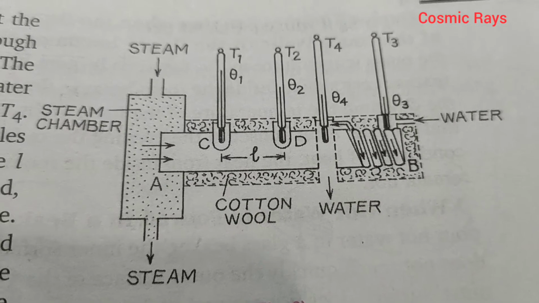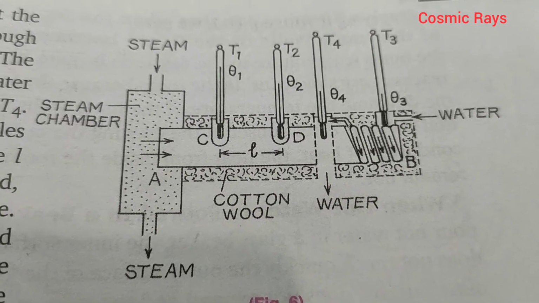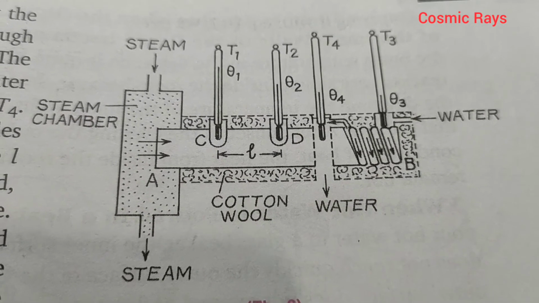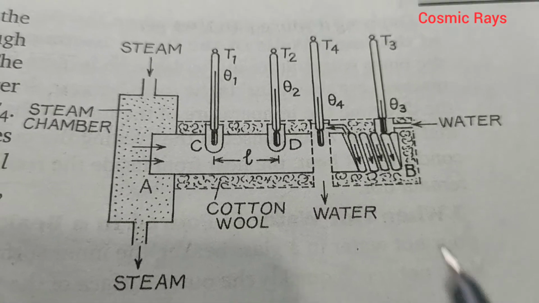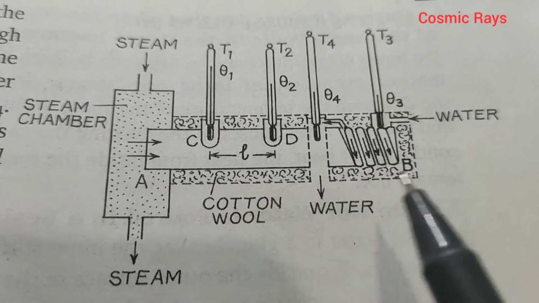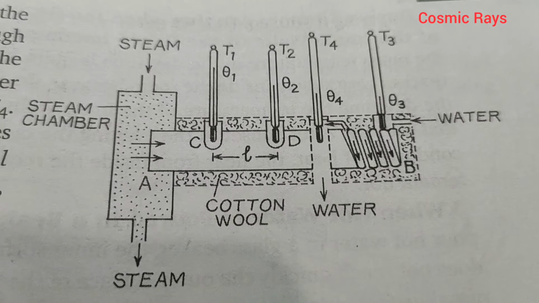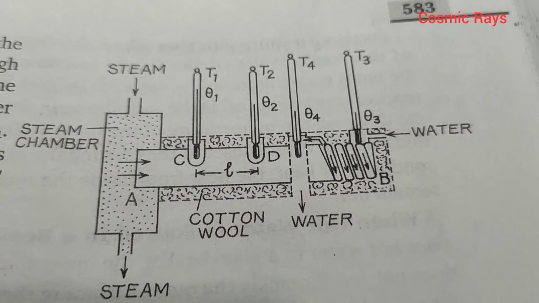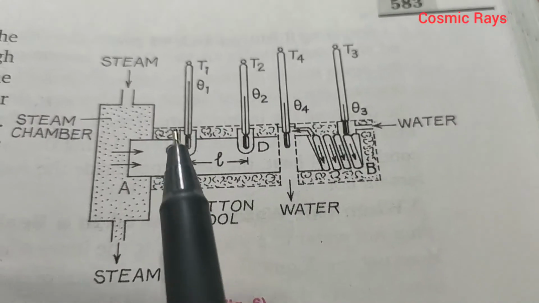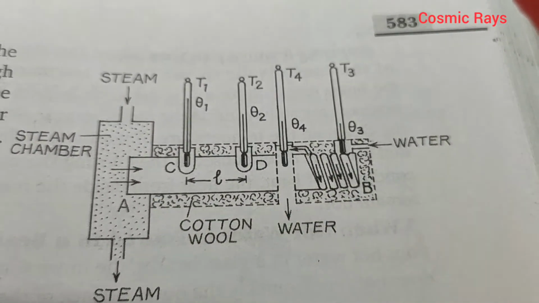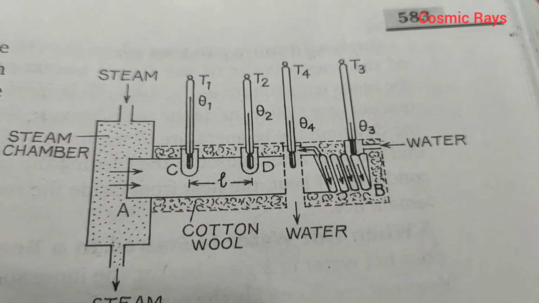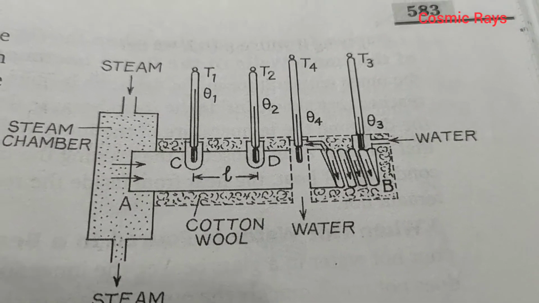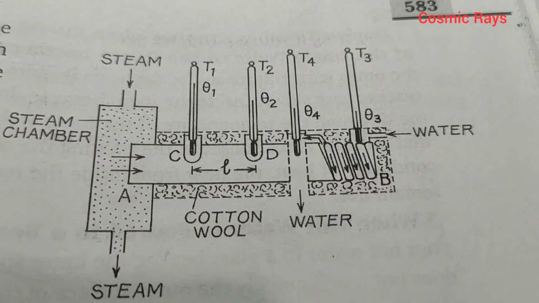They will also be measuring the temperature. To maintain good thermal contact, the rod AB is covered with cotton wool and is enclosed in a wooden box so that the heat escape is bare minimum. The different temperatures shown by all these thermometers will be recorded until they come to a steady state, where they will be showing just one reading of the temperature.